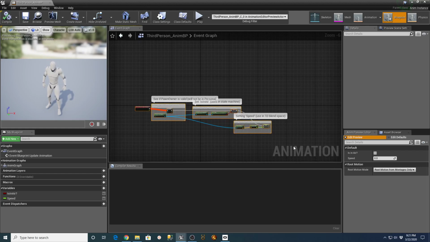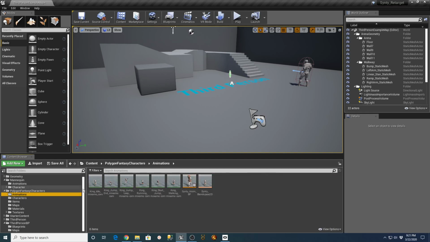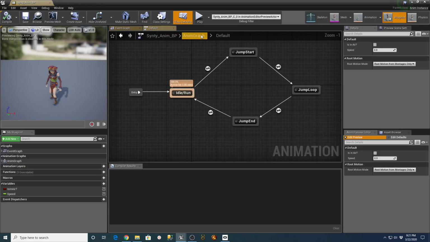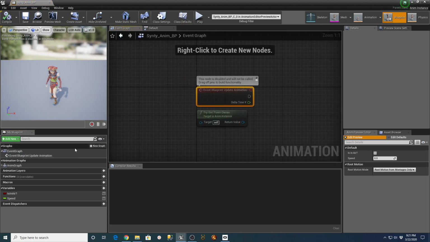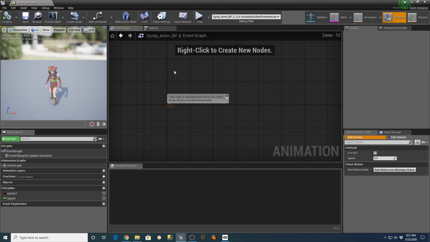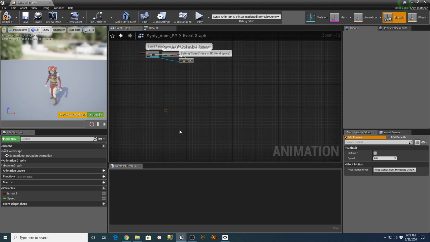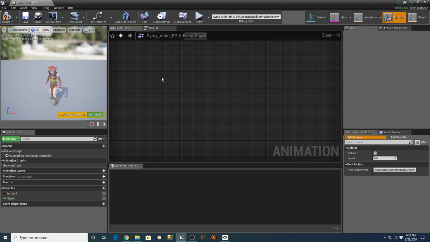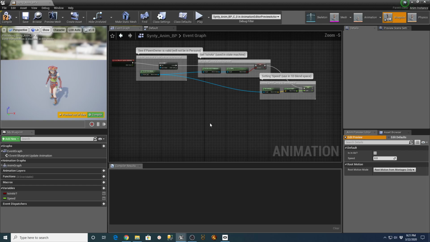So, yeah, I didn't put any of this stuff in there to set the speeds. I think I can just grab this, control copy, go into my NMBP, and on the event graph, I don't think these even need to be in there anymore, but I think all that maybe fixes it.